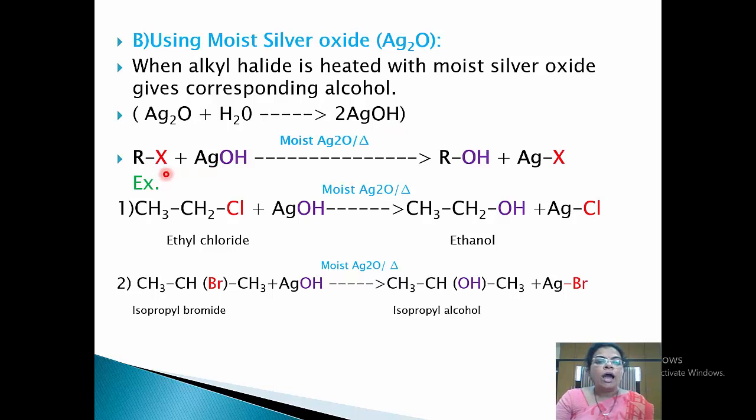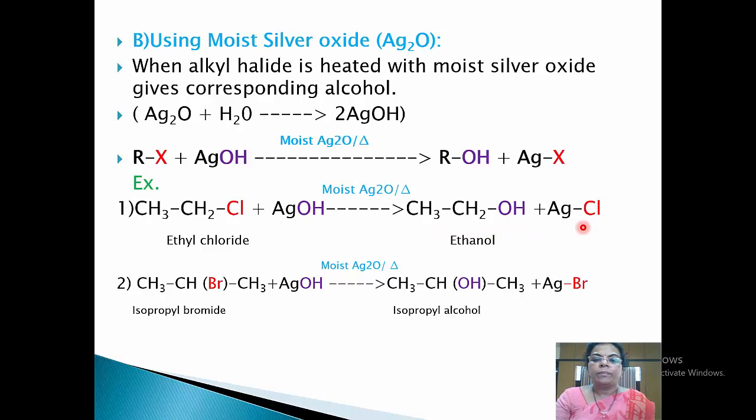General reaction is RX, that is alkyl halide, when it is treated with moist silver oxide, that is Ag2O. When this reaction mixture is heated, AgOH forms and nucleophilic substitution reaction takes place to give ROH, that is alcohol, and AgX, that is silver halide. For example, when ethyl chloride, that is CH3CH2Cl, is boiled with moist silver oxide, AgOH is formed and nucleophilic substitution takes place to give ethanol, that is CH3CH2OH